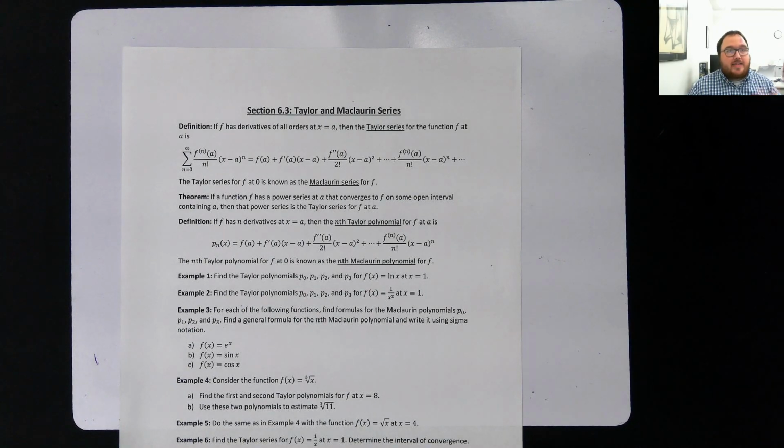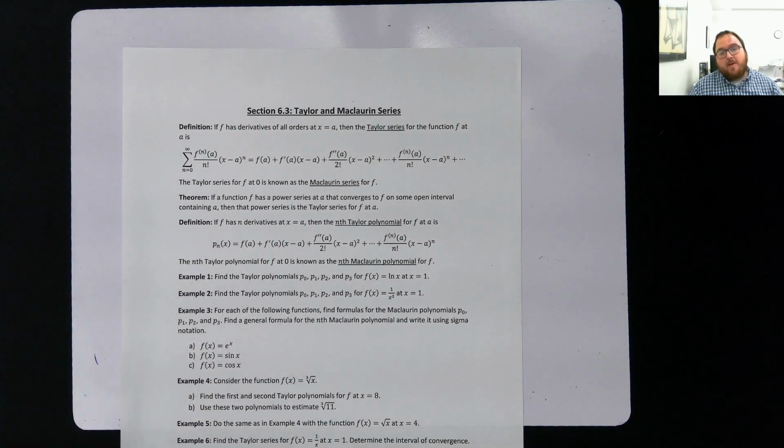Like the function sine of x. You know what I mean? There's no way to make that look like a over 1 minus r. There's no way. And there's a bunch more. That's just the first one I thought of because I saw it right here on my note sheet. But so what do I do in a case where I can't make it geometric? This is what I do. Okay, so now we are going to focus on these, which is going to help us do some that cannot